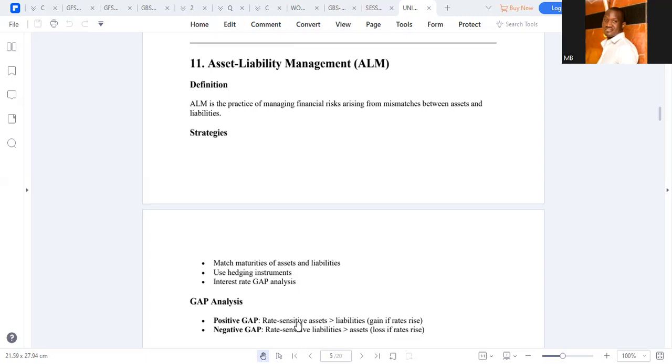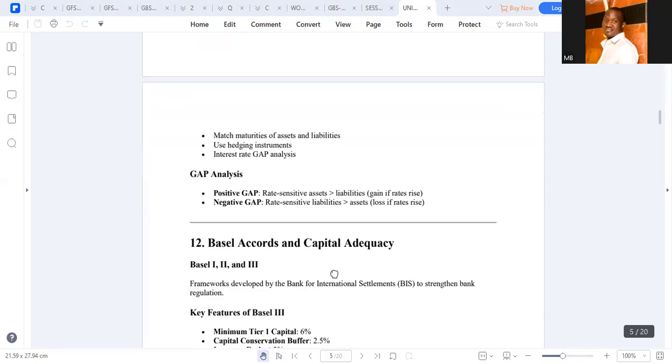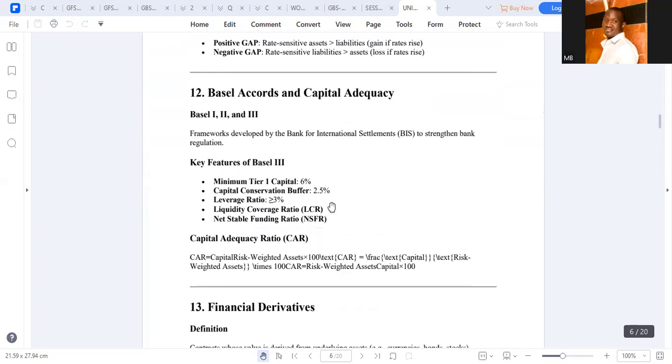Okay. Then we go to the Basel Accords and capital adequacy. We have Basel I, Basel II, and Basel III. These you should be able to know and relate. So what do these entail? In the framework developed by the Bank for International Settlements, BIS, they came up with these accords to promote